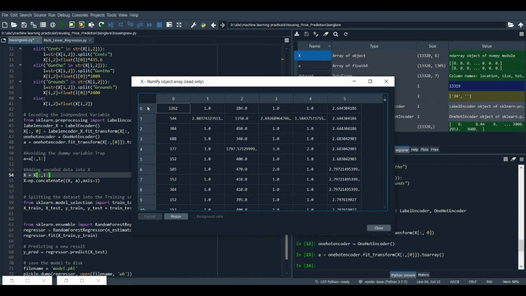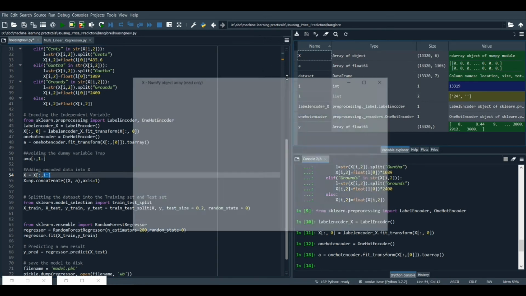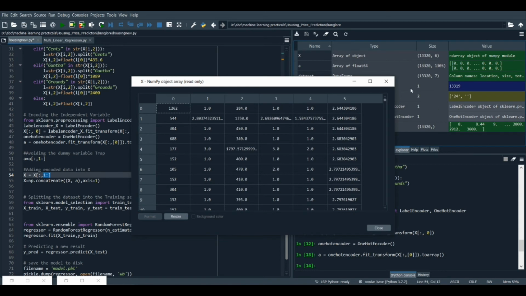So we are going to remove it, and then concat it with the independent variable X. So we are going to use X is equal to X with colon for all rows and 1 colon for all the columns from first to the last. So it's not going to return the values of the 0th column, and then we are going to store it into our independent variable X.